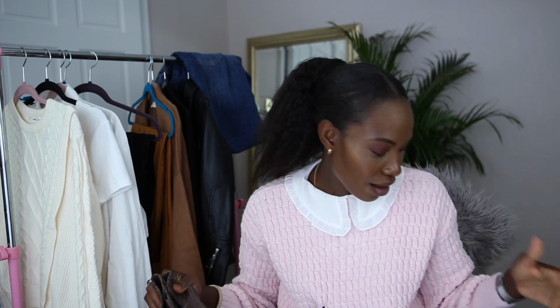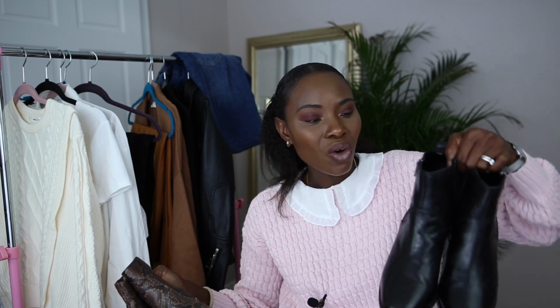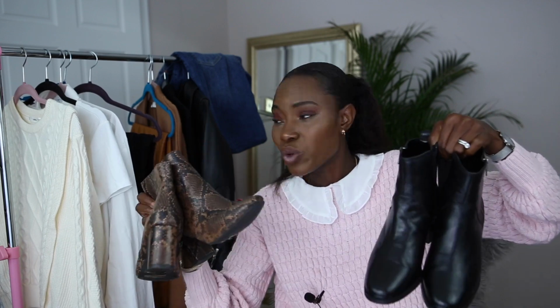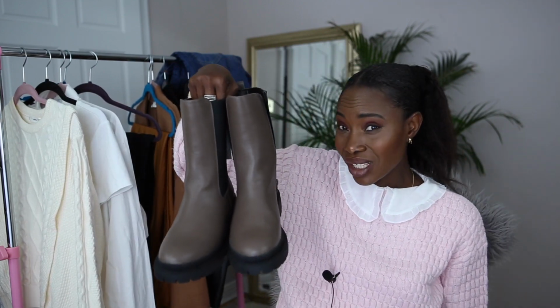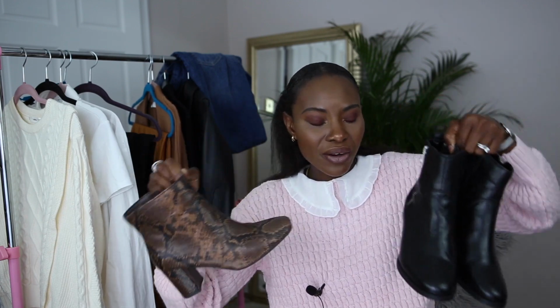So basically, guys, with these 10 staples I mainly used these 2 ankle boots for this video, and I think I used 2 belts as well. You could always reduce that to 1, or you could even reduce everything to just this black ankle boot. But this one is good because the color is very subtle. It goes with most of the things I have on the rack here. I think this chunky boot made an appearance once, if I'm not wrong. Basically, it's just these 2 ankle boots that mainly made an appearance,